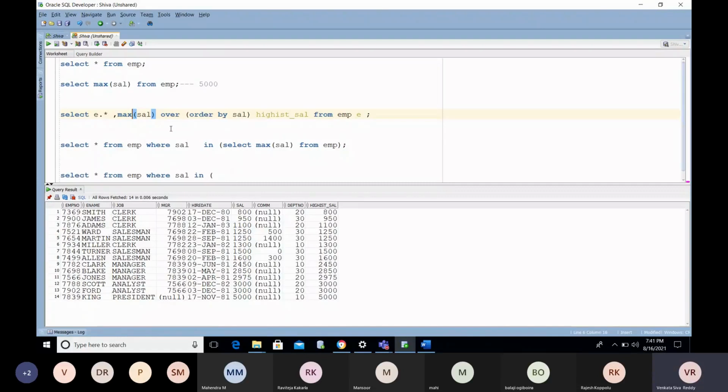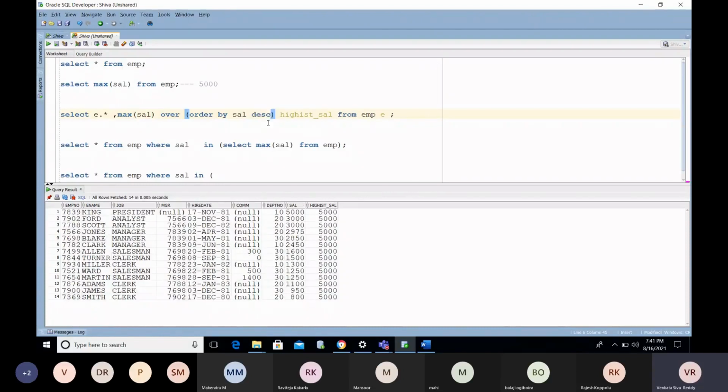Okay, max of salary over order by salary descending. You use salary descending in the maximum. To find the maximum salary, we need to provide it like this. If you want to find the minimum value, you do not need to provide anything in the order by.